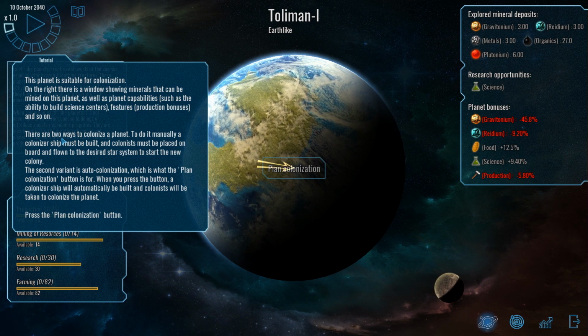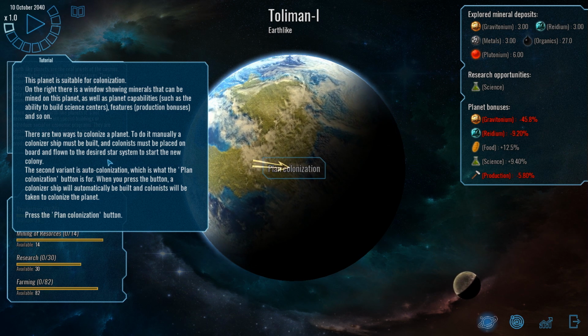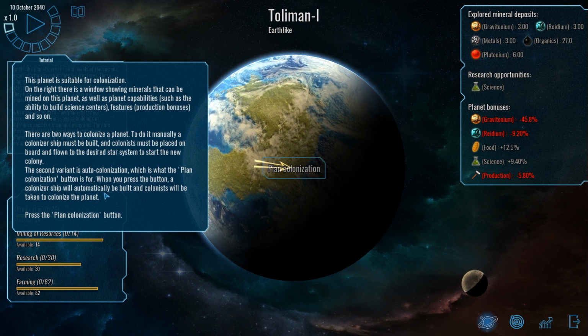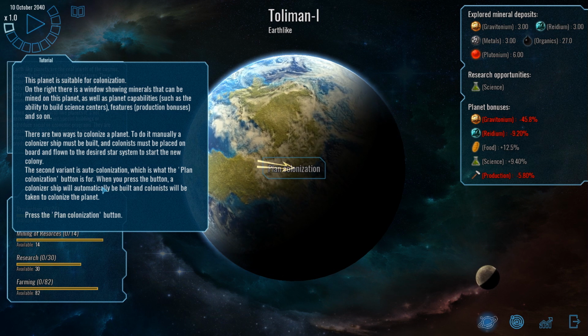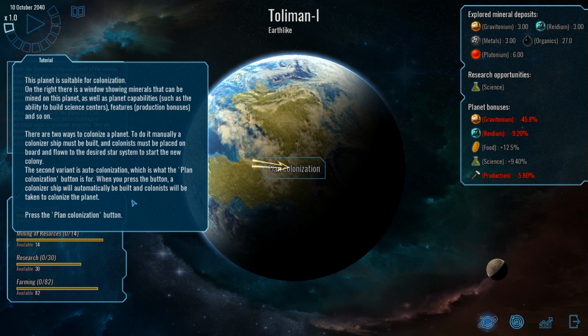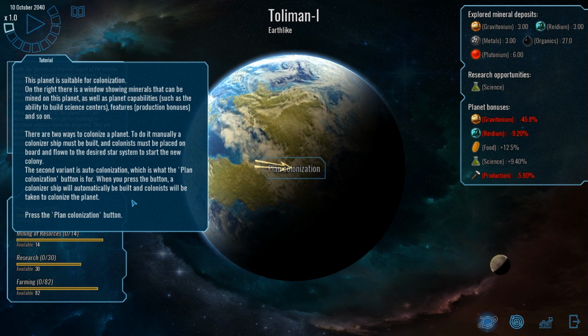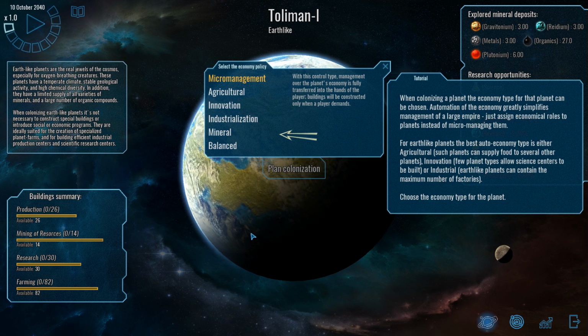There are 2 ways to colonize a planet. To do it manually, a colonizer ship must be built and the colonists must be placed on board and flown to the desired star system to start a new colony. The second variant is auto-colonization, which is what the plan colonization button is for, this thing. When you press the button, a colonizer ship will automatically be built and the colonists will be taken to colonize that planet. That actually really is an interesting way to do it. If you don't want to mess with that, you don't have to. Alright,